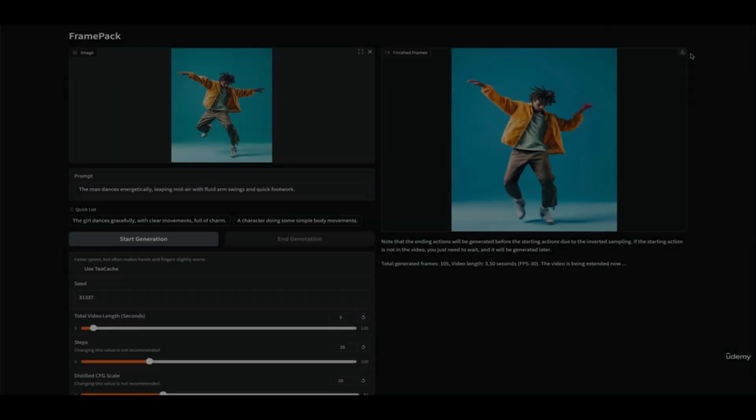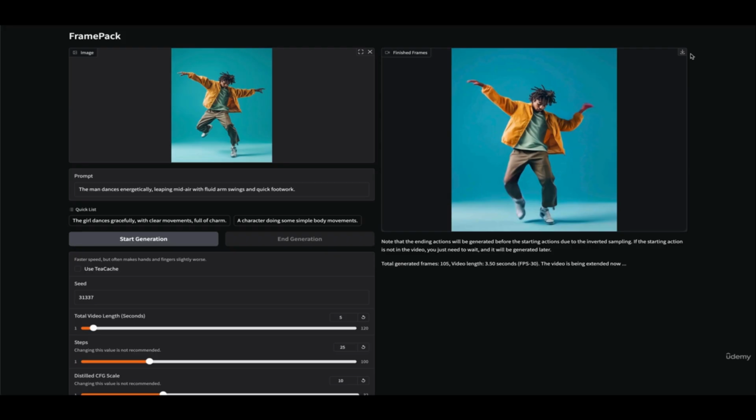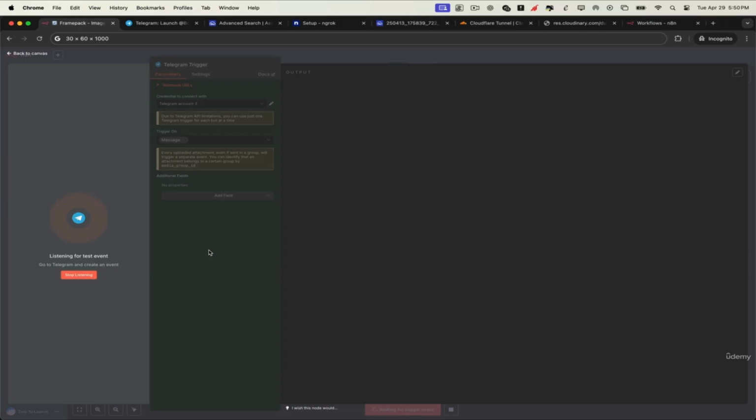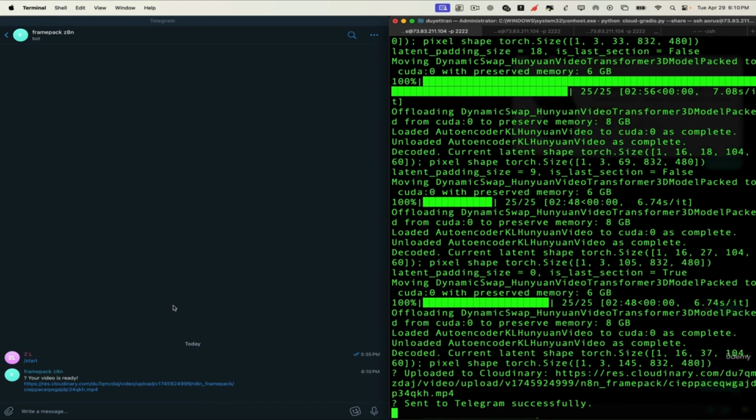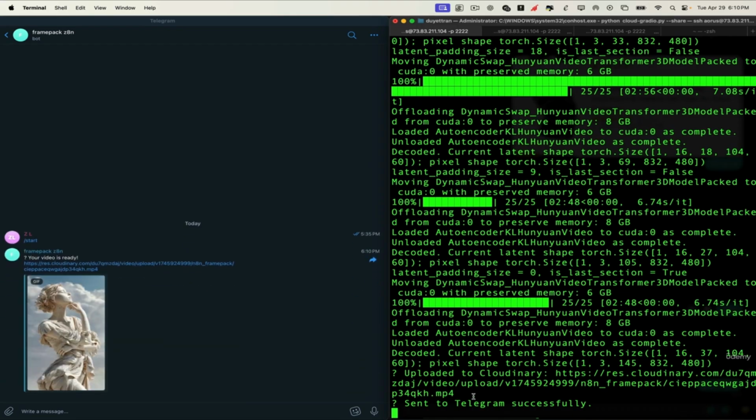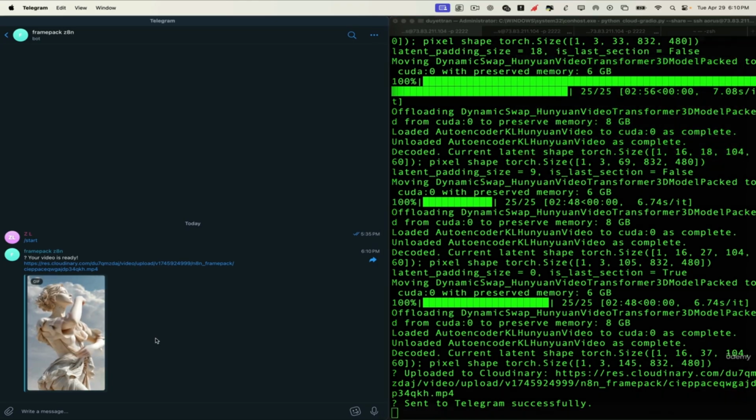We've successfully run FramePack locally and turned our first image into a video. A huge step. But there's still one big limitation. It's not yet connected to the outside world. To integrate with platforms like n8n or Telegram, or to automate the entire process remotely, we need to take things further. Setting up a back-end server, handling webhooks, and creating an endpoint that can receive requests from anywhere and trigger